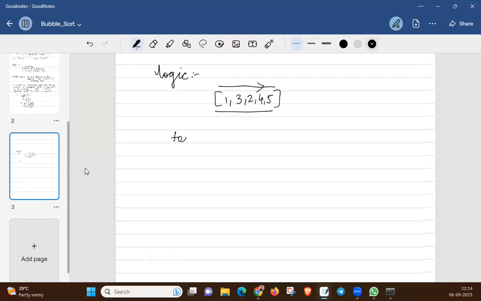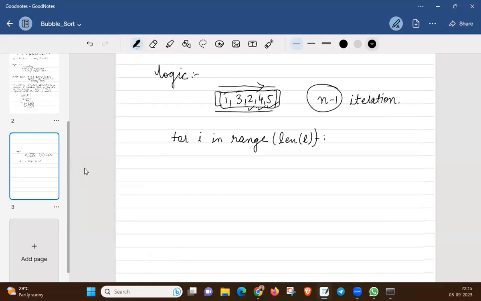Let's say I'll do one iteration, and then again I have to do one more iteration. In the first iteration it would compare these elements. After one iteration the largest would be at the last, then after the second iteration the second largest element, then after the third iteration. In that way I have to do n-1 iterations